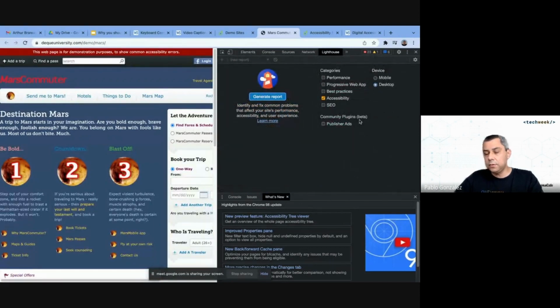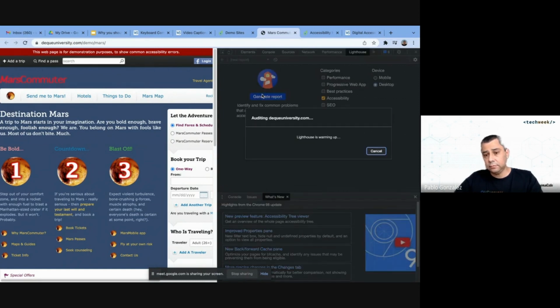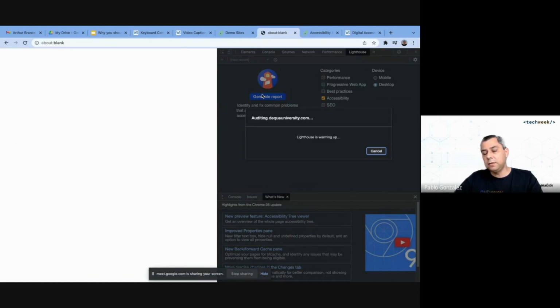This tool is very useful. You can check accessibility, but also you can check performance and other stuff. And you can check also desktop or mobile layout. So for instance, I will check only accessibility, but this tool is very good because you can check, for instance, performance,